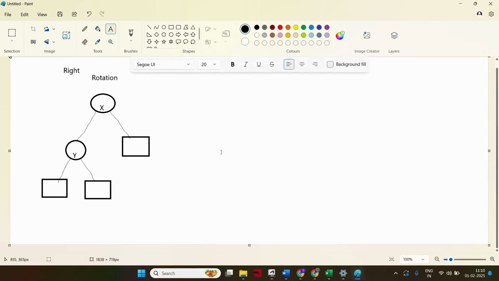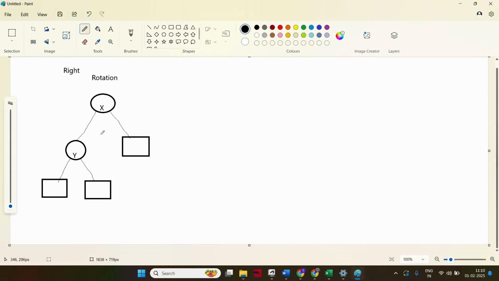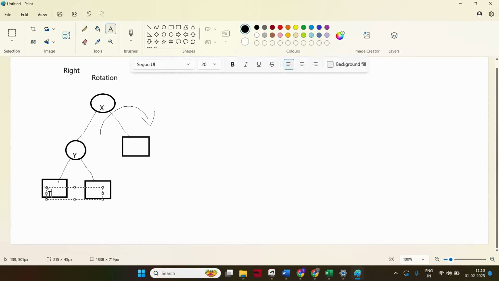For example, the tree is like this. I have to do the right rotation on x. For example, I am going to right rotate on x. And I am going to give some values. This is T1, that means subtrees. This is T2. It may be null or it has some other value, it is optional. That's why I'm representing it with a rectangle. T1, T2 and T3 are there. If it is the right rotation on x,